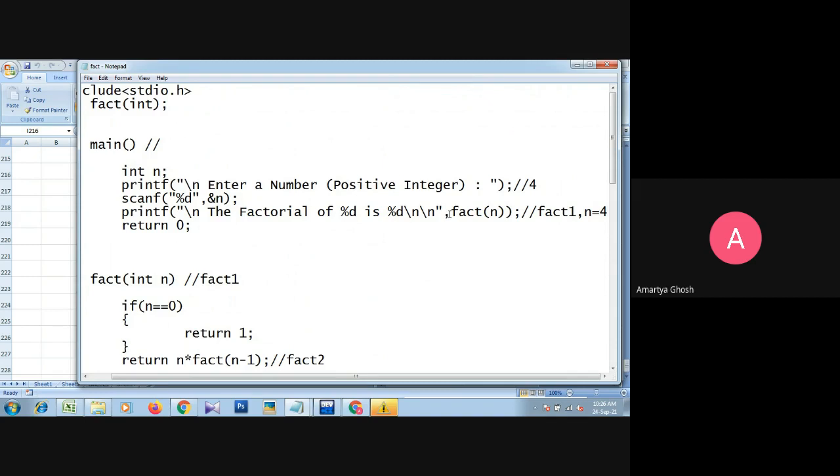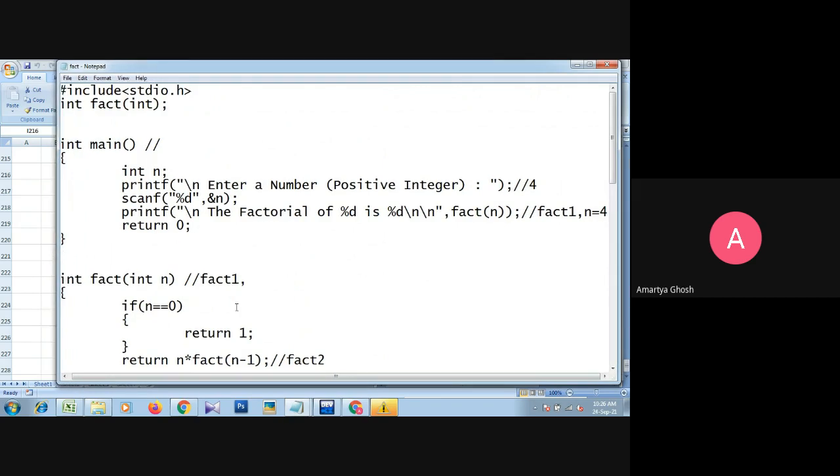Because this function fact is called in the main function, where we send the value of n, we consider the value of n as 4. Okay, so in the fact function body there is a local variable of fact, that is also n, and this n equals 4.